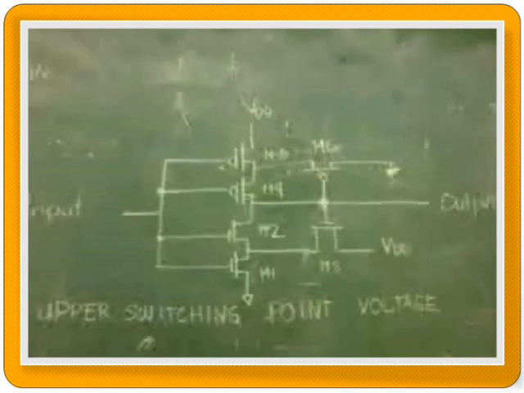The ratio set for M1 and M3: L sub 1 is equal to L sub 3 is equal to 2, and W sub 1 is equal to 22.5 and W sub 3 is equal to 10. For the lower switching point voltage, beta sub 5 over beta sub 6 is equal to W sub 5